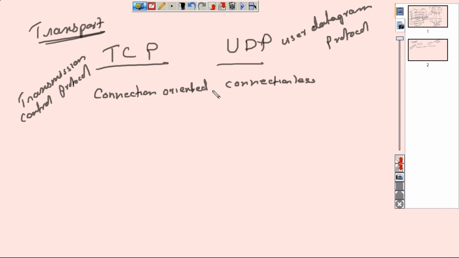Okay. So what do you think that means? Connection oriented and connectionless. UDP connectionless. Yes, meaning no connection. See, connection oriented here means, let's say,